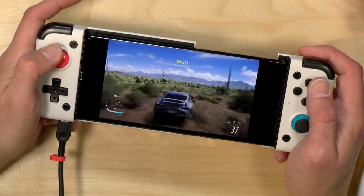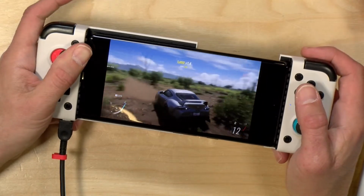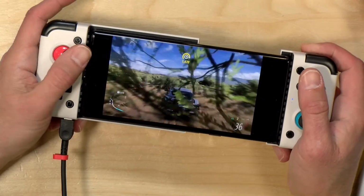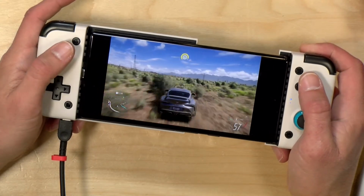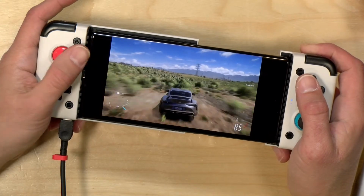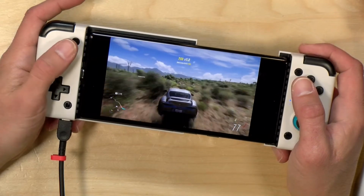I will say it's confusing to not have these buttons align with what you're supposed to be pushing. And I don't know what the thought process was behind making this a Switch layout versus an Xbox layout. Unless they're assuming that everyone's going to buy a...